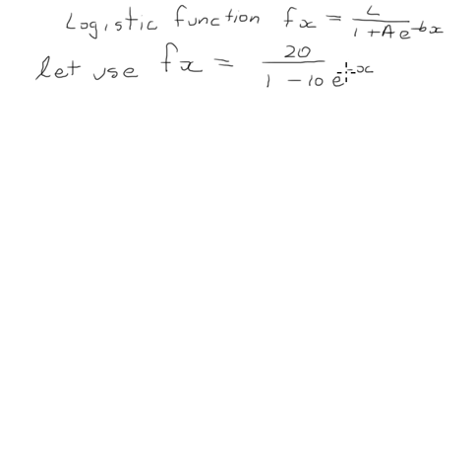So if we consider x is approaching an infinitely large positive number, then 10e to a huge negative number, so negative infinity, would be, I'll write the function out again,